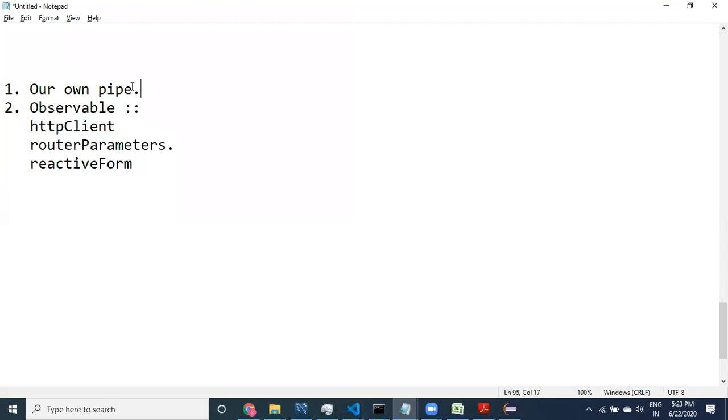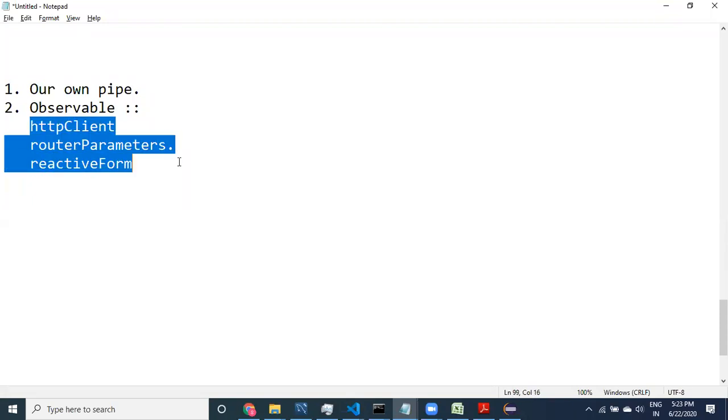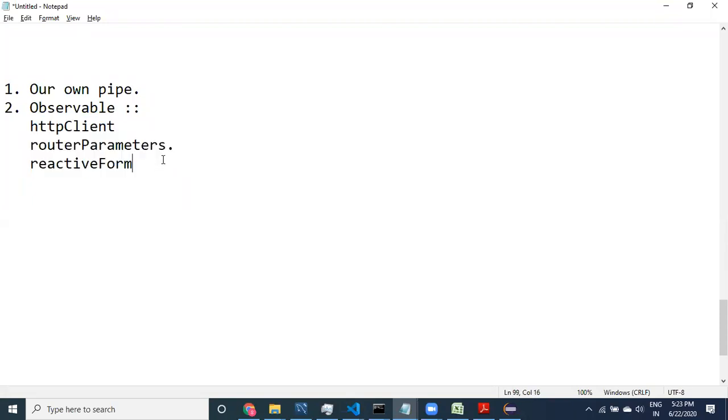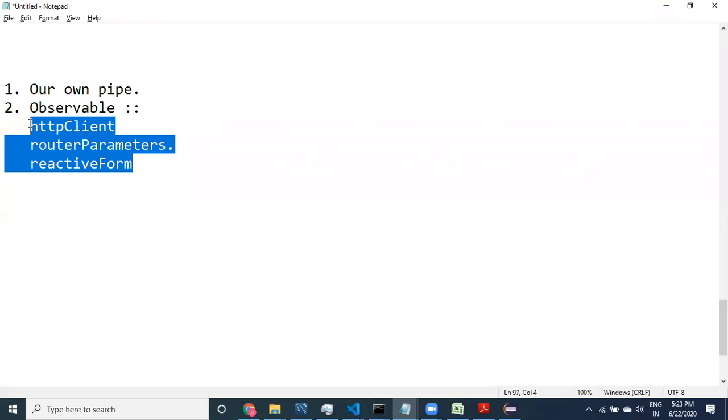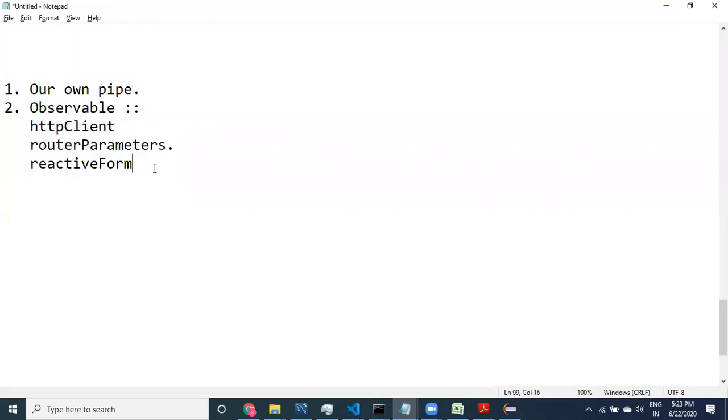The first one is our own pipe. The second one is observables. Today we are going to discuss observables, and we can create a number of observables. By default, Angular has provided three observables. We can also create our own observables. That is a deep concept, where we have to know a few interesting things